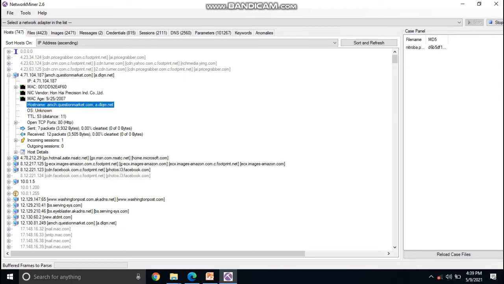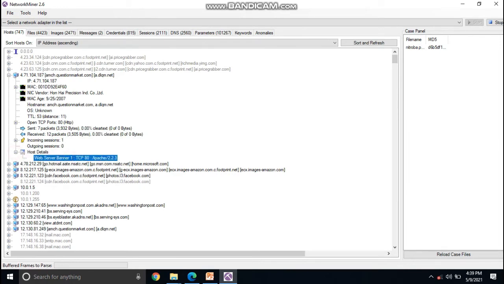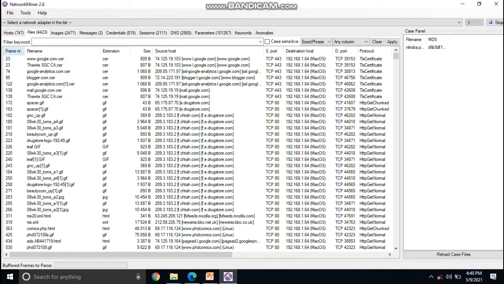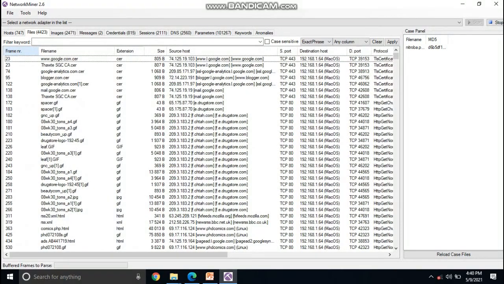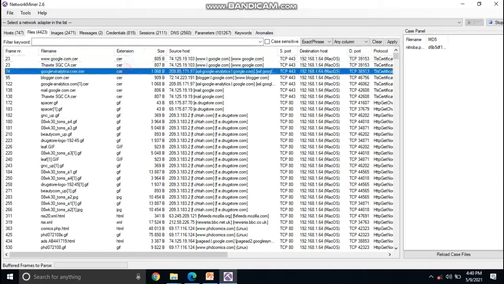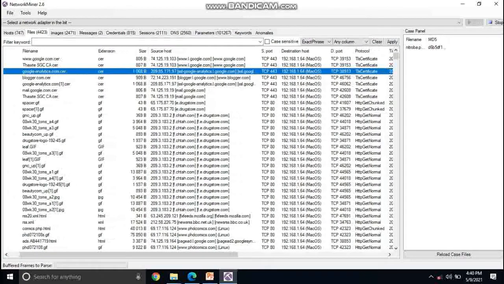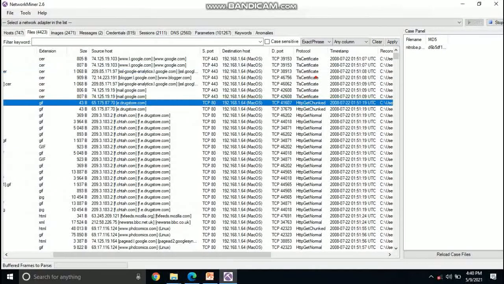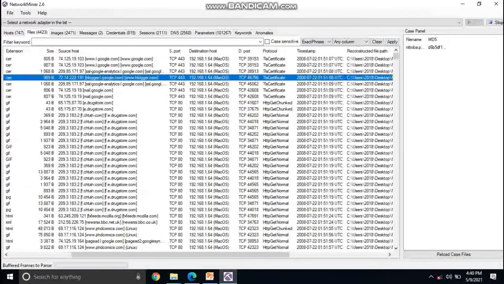Then there is a host name, OS, time to live, sent packets, received packets, sessions, and other host details. After this section, there is a file section with the frame number, file name, its extension, size, host and source host, destination host details, protocol it used, TLS certificate, timestamp, and its path.